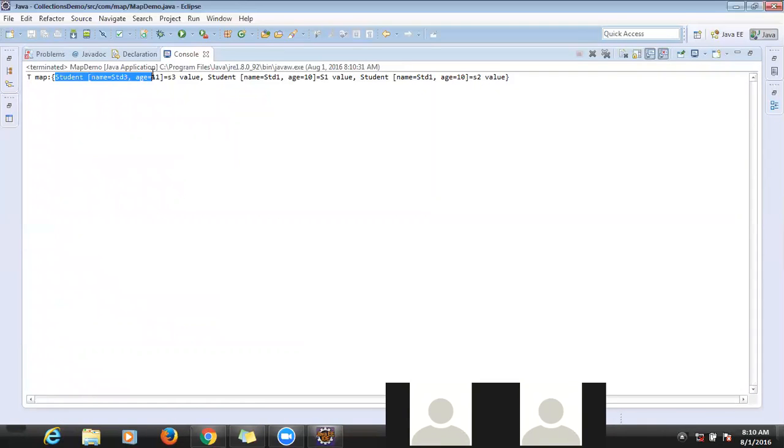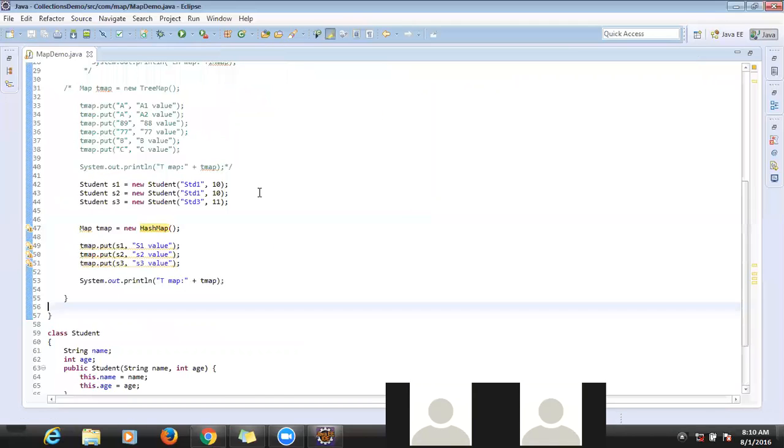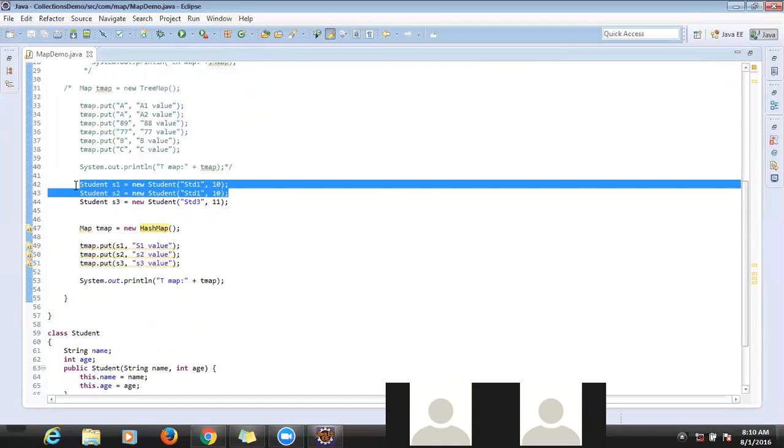This is the first student, s3. After that s1. After that s2. Three student objects are there, right? But here s1 and s2 are duplicates, right? But it is considering them as different, so we are able to add duplicate elements also. So how can we avoid this problem? How to avoid these duplicate objects being included as part of the key?